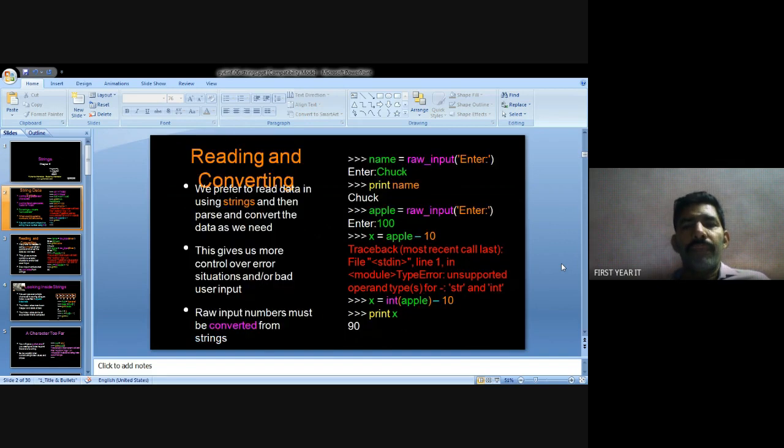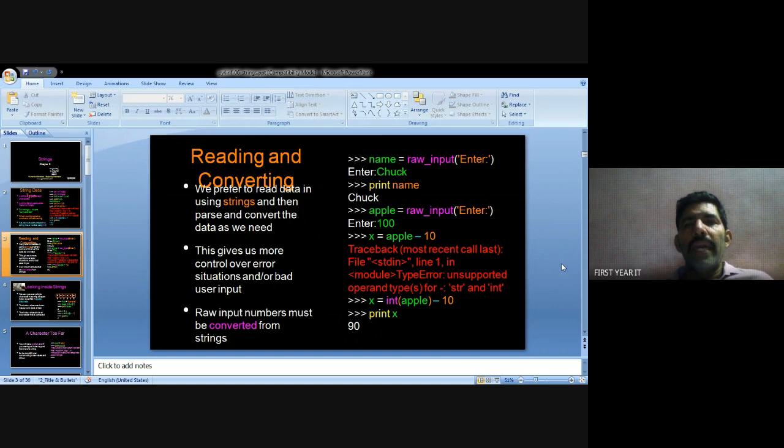Next concept: reading and converting strings. First, reading. Reading the data means that at execution time we can get input values. For example, name equal to raw input.